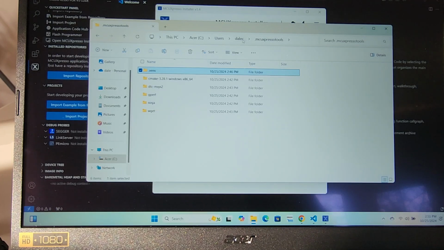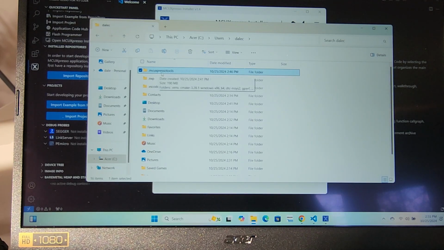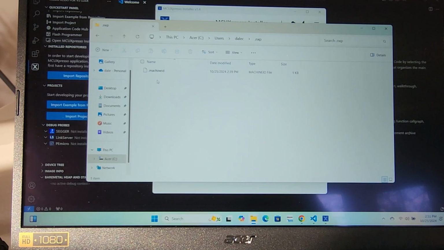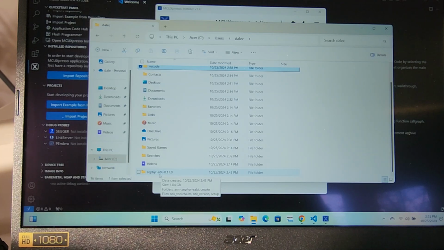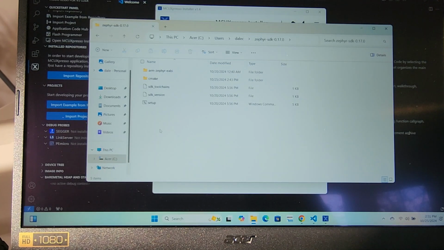That's once again in this folder here, .MCUXpresso tools. In the .NXP, not much is in there. The .VS code, got a couple files in there. If we scroll down a little bit, it did download the SDK off of the zephyrproject.org website, and inside of there it's just related to the ARM compiler series, so it's nice and